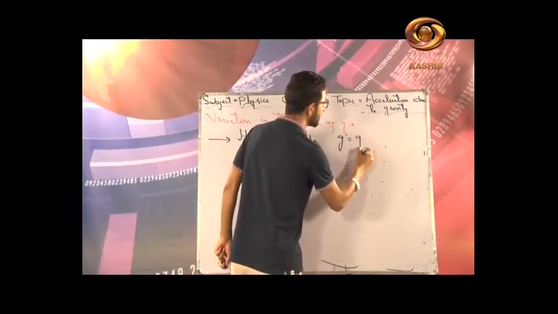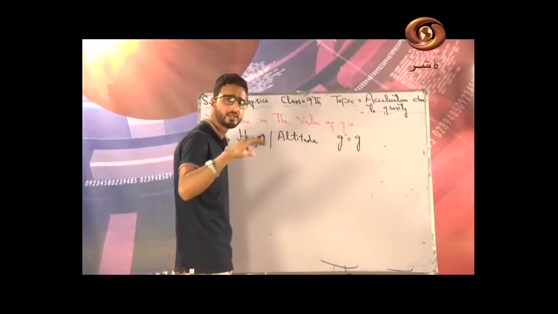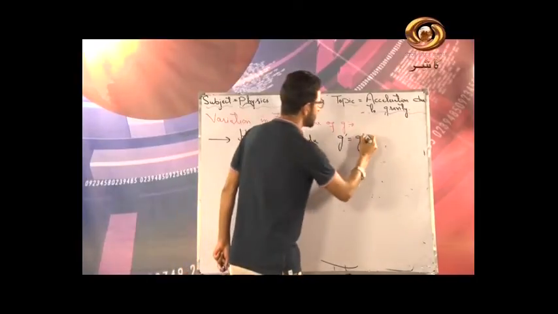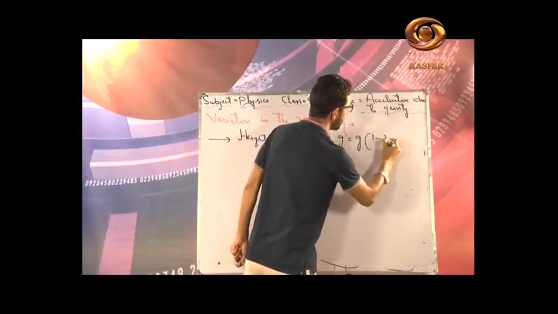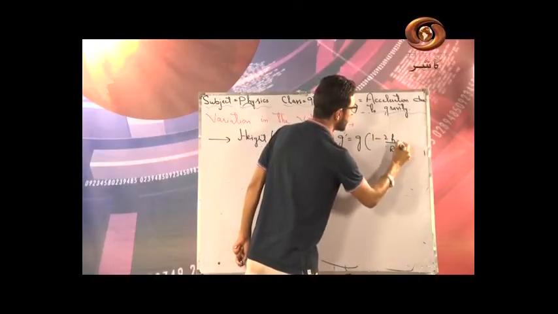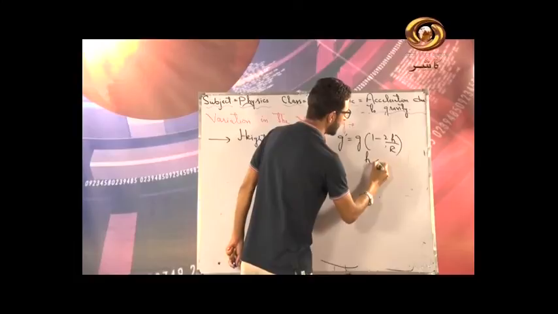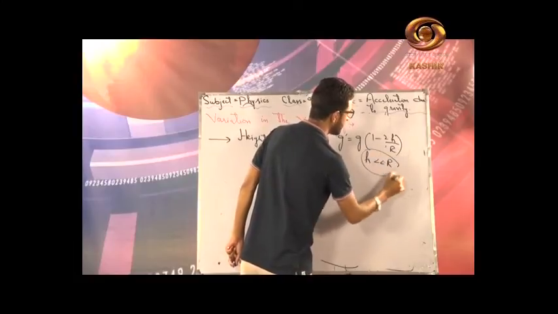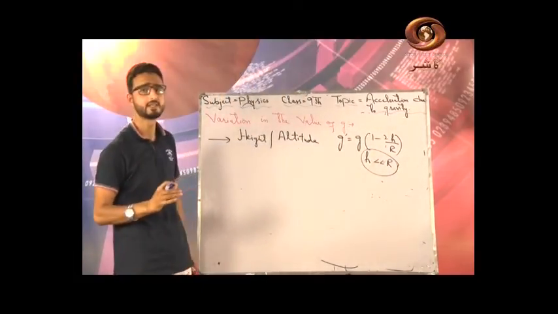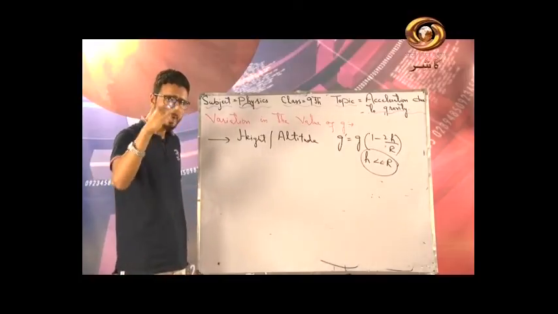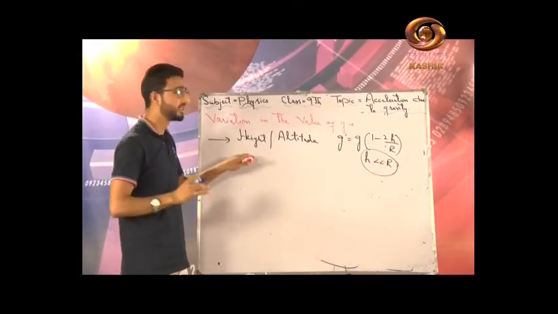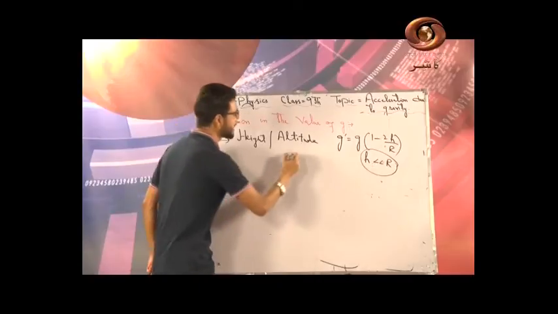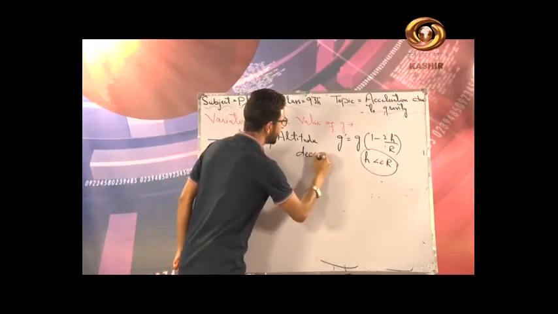g prime is equal to, I mean g prime, it is acceleration due to gravity at some great height. g prime is equal to g into 1 minus 2h by r, and this expression is only valid when the height is very much less as compared to the radius of the earth, okay? And I must tell you this, with height or altitude this acceleration due to gravity decreases,